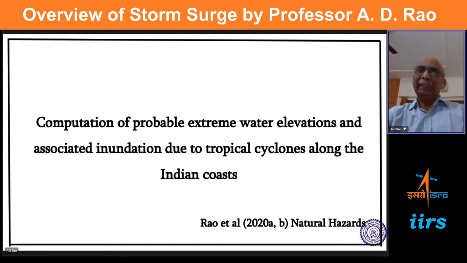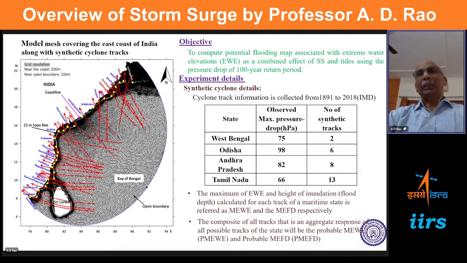So, what I would like to present here is that, considering the vast stretch of coastline, where are the pockets where you get mostly extreme water elevations, and how much inundation takes place in each district? That's what I'm going to present. So, to make a long story short, I have considered a lot of data for the last 125